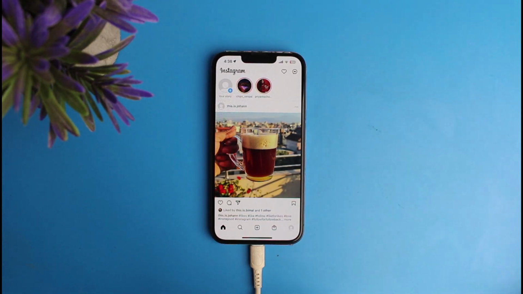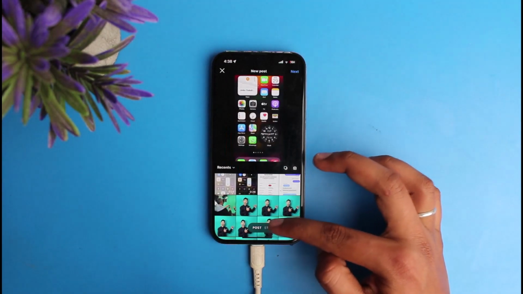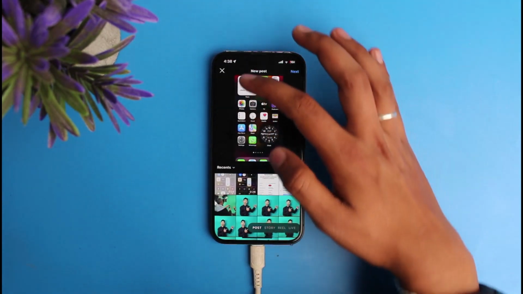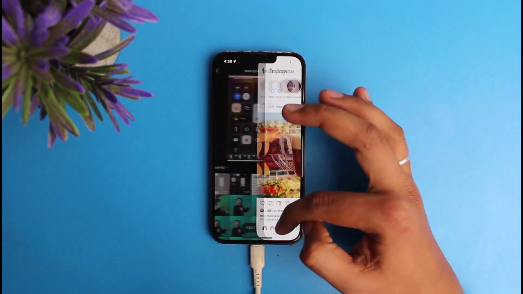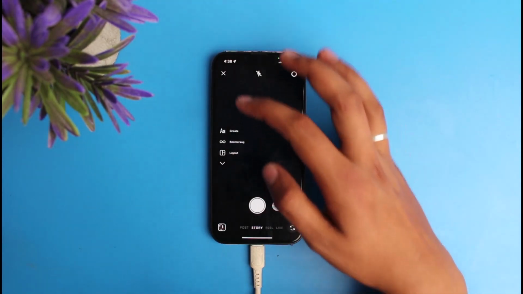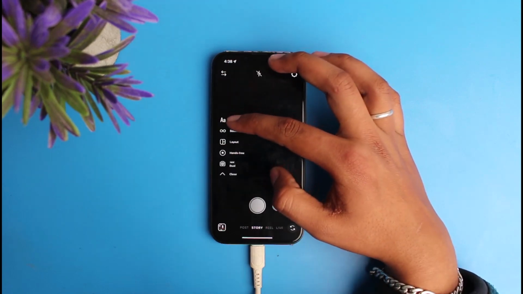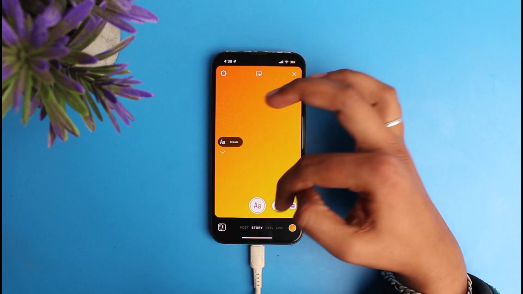Now to create a collage on your Instagram story, you need to click on the plus icon at the very center, and there you'll see options like post, story, reels and so on. So you may simply click on the option of story and simply click a photo or video if you like. But if you want to add something with a colorful background, then you may click on the option of create,